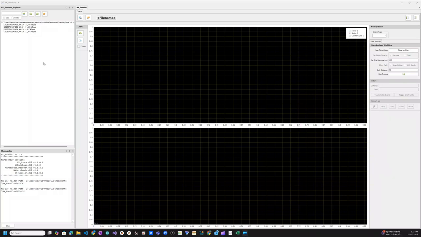Okay, this time we're going to run through using NX Studio to analyze some training data. Just as a bit of a refresher, if you remember, we've got our Session Explorer up here in the top right-hand corner of NX Studio, and this is where we can go and see whatever files that we've downloaded off